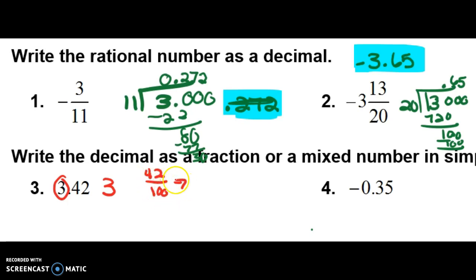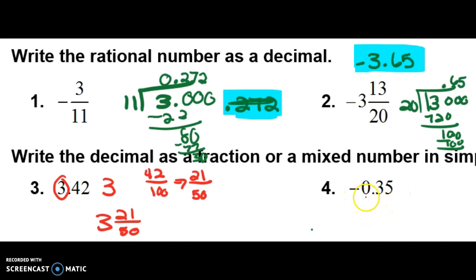Start taking things out of it. I'm going to take out a 2, 21 out of 50. Only things that go into 50 are 5, 2, and 10, and those don't go into 21. So my final answer is going to be 3 and 21 over 50. Now over here,